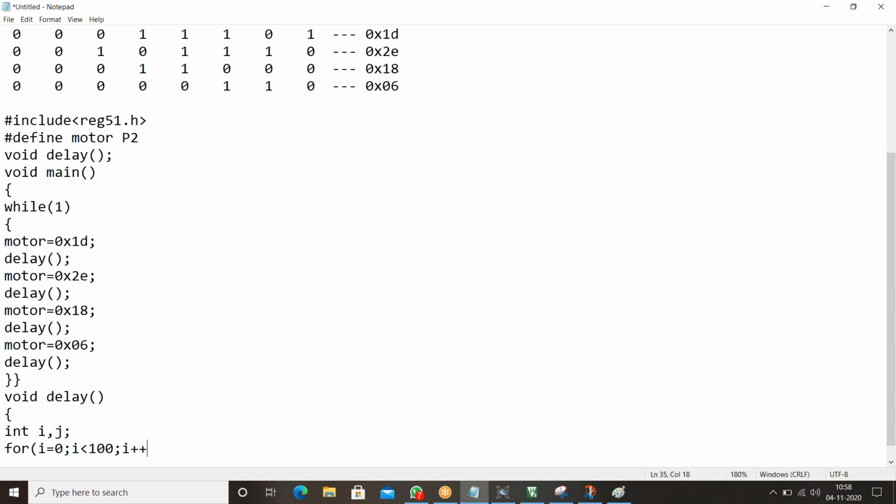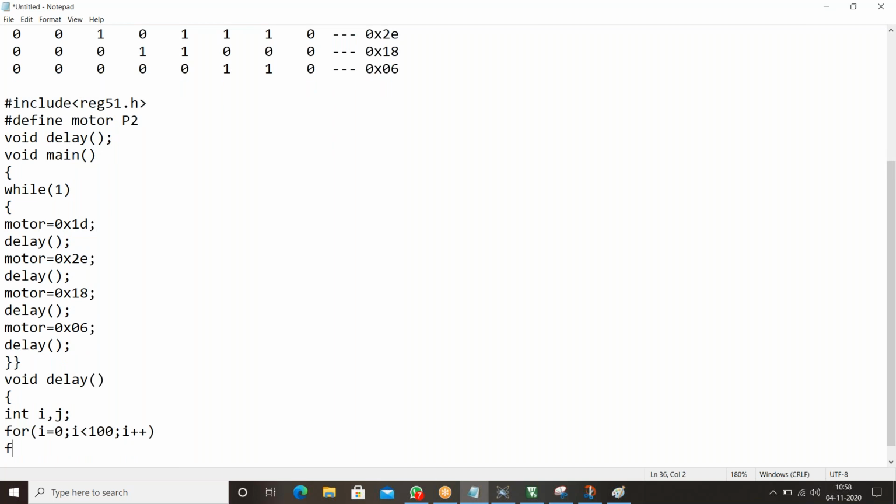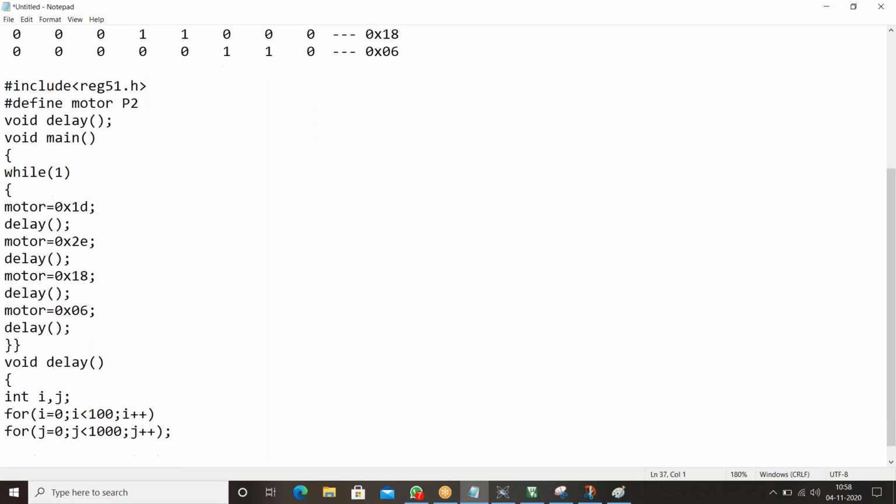Guys, if you make a small mistake in embedded C, it is very difficult to find out. Okay, j less than 1000, j plus plus. I want to close this for loop. Yes, this is our code.